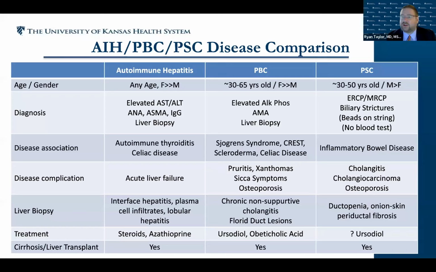We're running short here, but this is our summary slide of the 3 major autoimmune liver diseases. Sometimes it's easy to confuse these, and it's important to help patients and providers understand the differences. Today we covered autoimmune hepatitis and PBC. You can see some of the defining features there. Autoimmune hepatitis and PBC, as highlighted extensively, are predominantly female diseases, whereas PSC, or primary sclerosing cholangitis, is seen more commonly in men than women, and that has a completely different spectrum of evaluation and management. So you can see the key and overlapping features of the diseases here. Next slide.